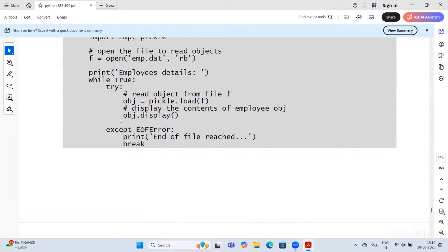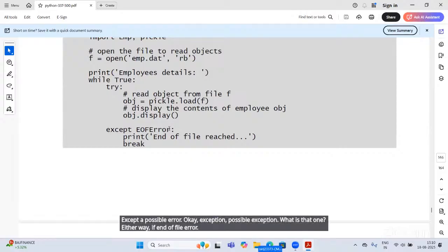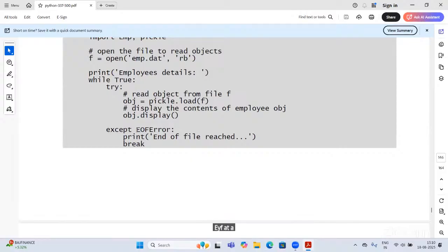Except, possible error, possible exception. What is that one? EOF, end of file error. EOF error, possible exception, end of file error exception. Print end of file reached and break.